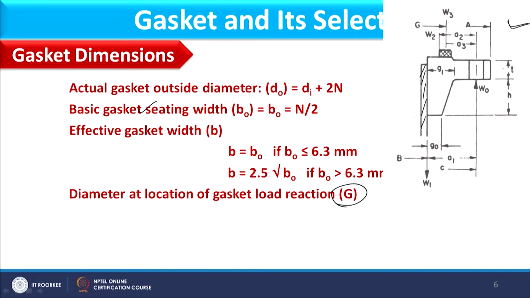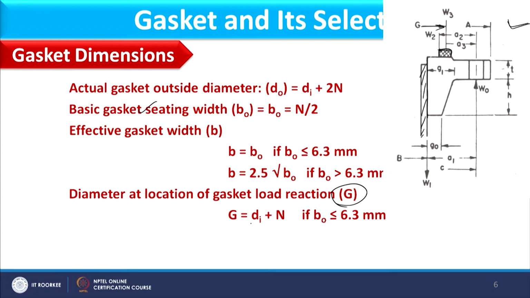If you consider this part, this is the shell part, and here this flange is connected. Okay. This is basically a taper type or welded neck, and here I am having the gasket. Okay. So, usually effective gasket width we consider as half of the total width, or it may differ also, as we can see from the expressions. Now, here at the center of this we have the load on the gasket, that is, total force on the gasket will act, and it will be decided by diameter G.